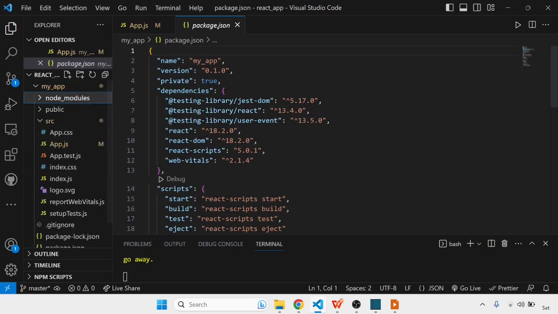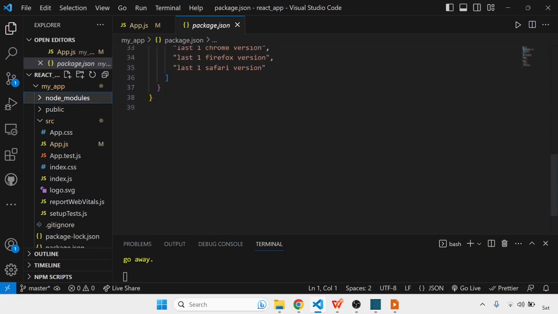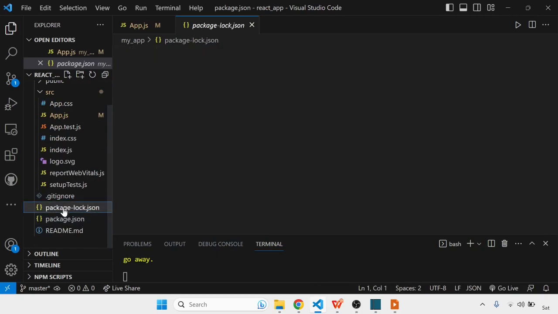Now, all the details of these dependencies are mentioned inside the package.json file. Here you can see the versions of it and all the other details. Next file that we have is package-lock.json. So it is pretty much the same. The package-lock.json